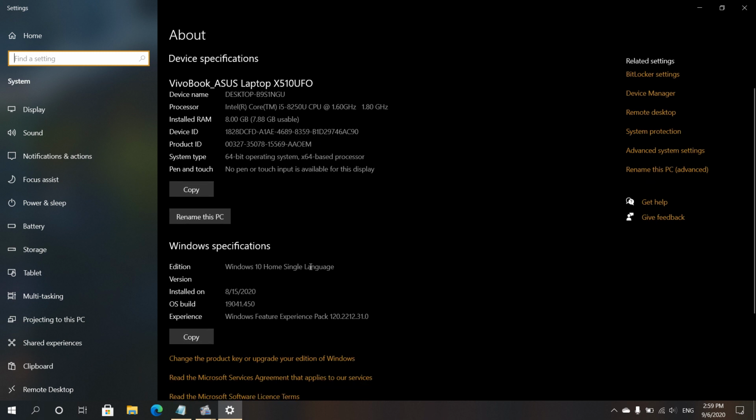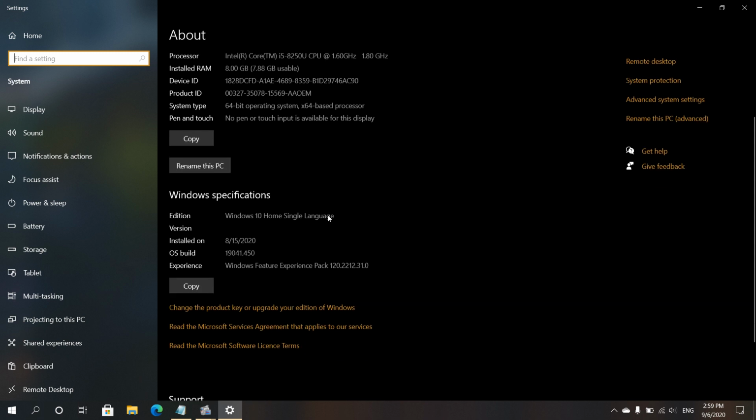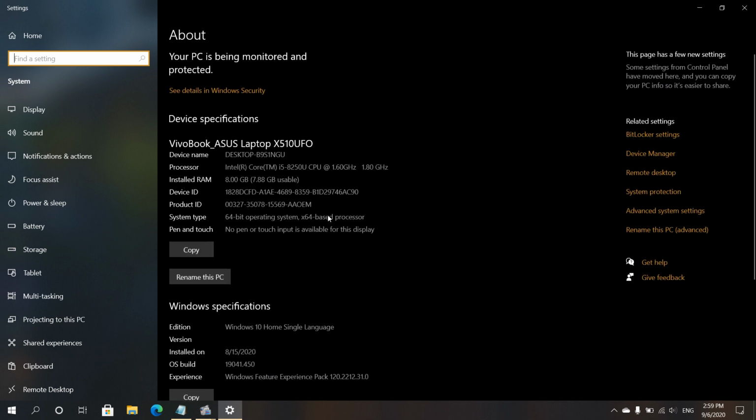This is Windows 10 Home. It is the latest version, 19041, which has been recently released, the Windows 2004 version, in May or June, I think.